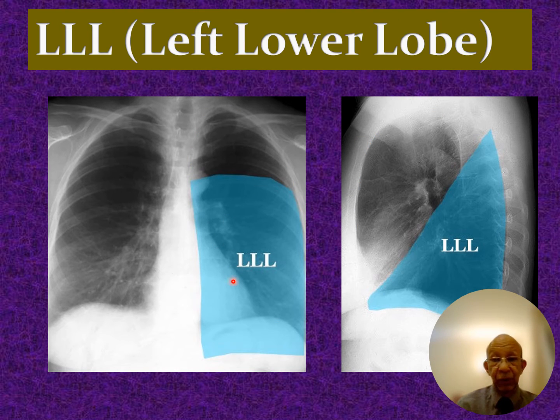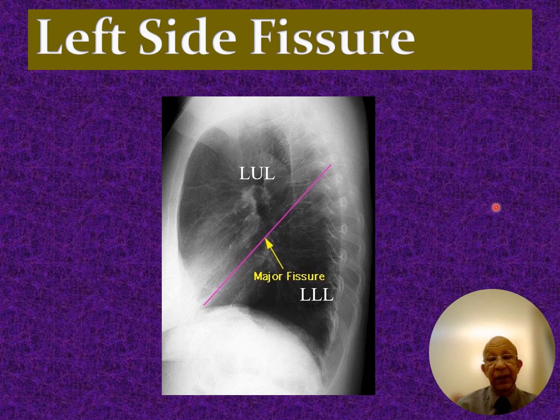If you look at the left lower lobe, it actually sits posteriorly. Again, you can see it's very similar to the right lower lobe, occupying mostly the posterior aspect of the lung, with its peak or tip moving all the way up almost to the apex of the left lung. And a major fissure, or oblique fissure, makes up the border between the left upper lobe and the left